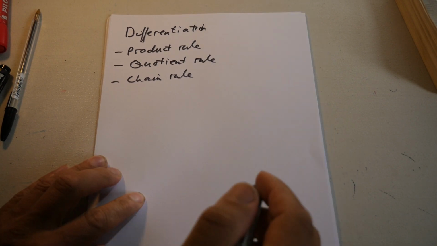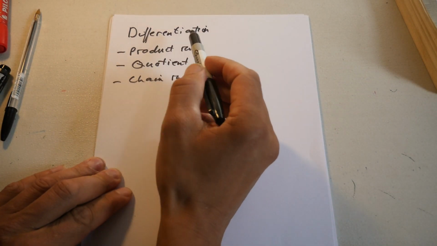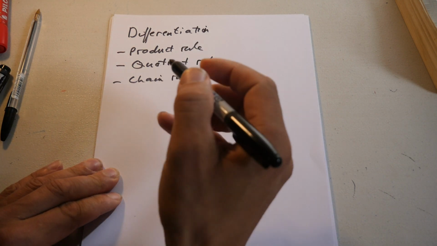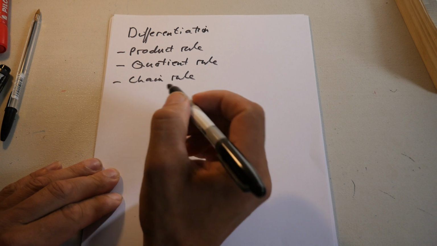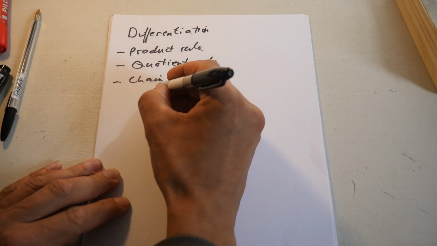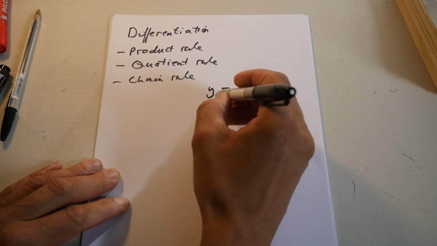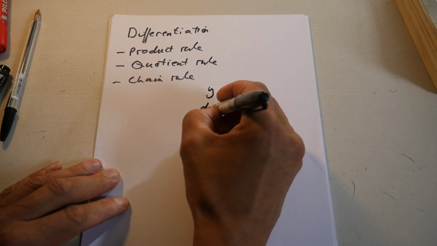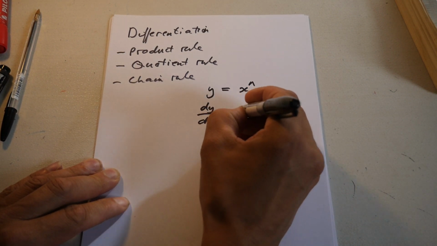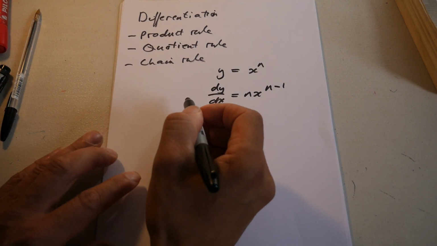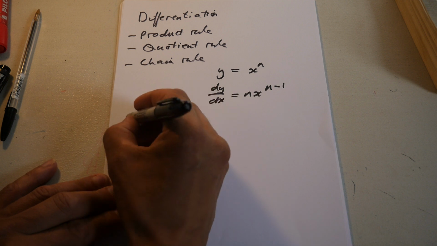Okay, hello everyone. So we're going to go over differentiation, the product rule, the quotient rule and the chain rule, okay? So you all know basic differentiation, which is y equals x to the n, and then the product rule is